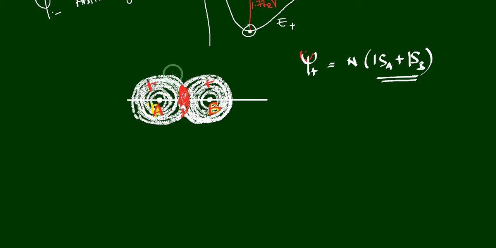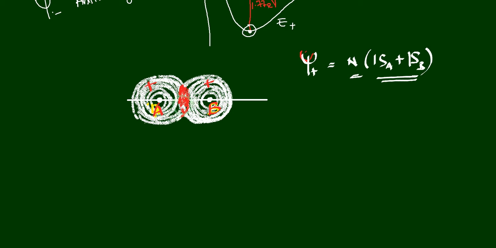If you are considering only the atomic orbital, whatever value of wave function you have to expect here, then double of that, multiplied by some constant N, that is equal to 1 divided by root of 2 into 1 process. So that is what is happening here. The entire wave function will be added up, the two atomic orbitals will be added up in the internuclear distance. So that is why there will be a build-up of the electron density in the internuclear region, and because